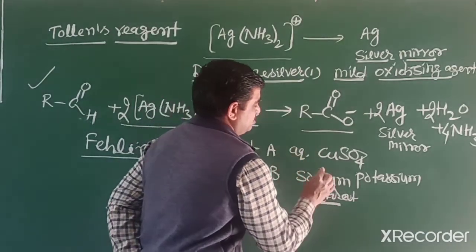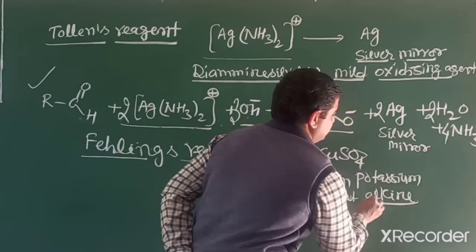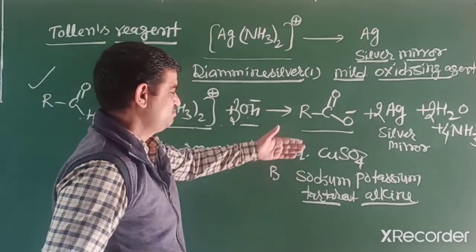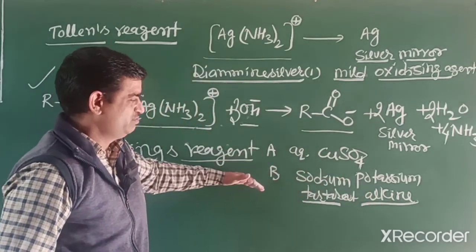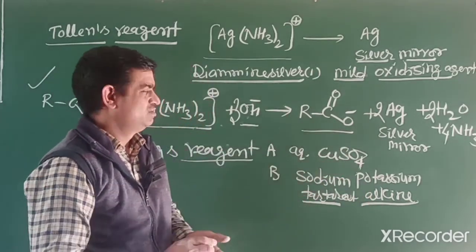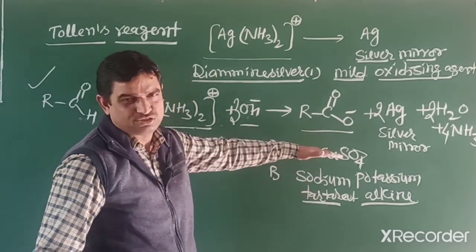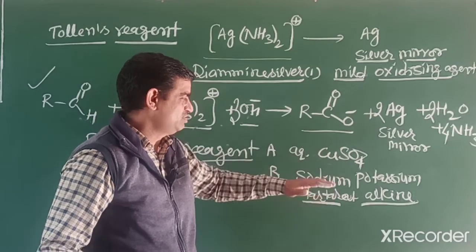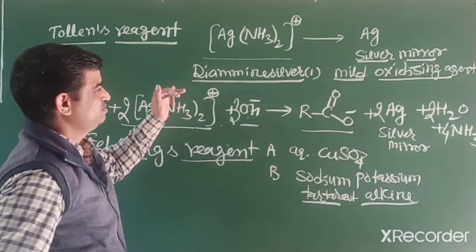This sodium potassium tartrate gives an alkaline medium. Its special name is Rochelle salt also. Fehling's solution B is known as Rochelle salt. We can mix both these reagents, aqueous copper sulfate and sodium potassium tartrate, in equimolar amounts, and then react with